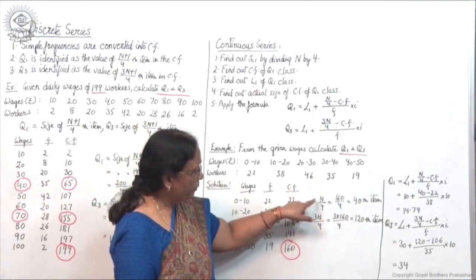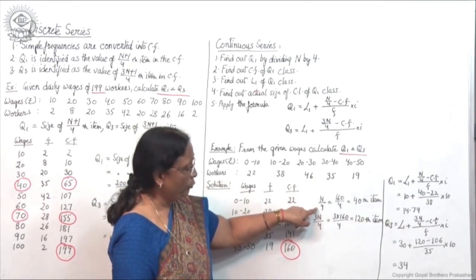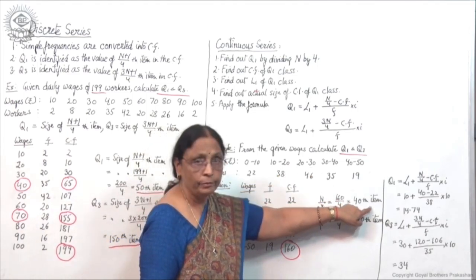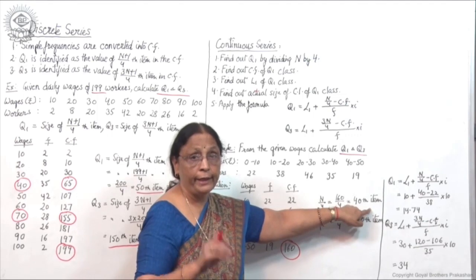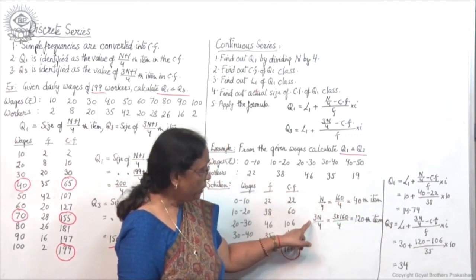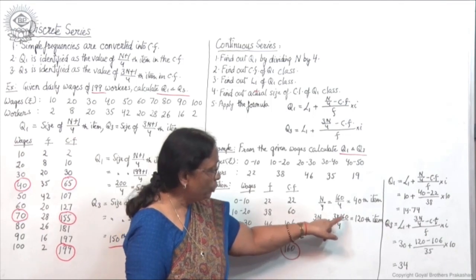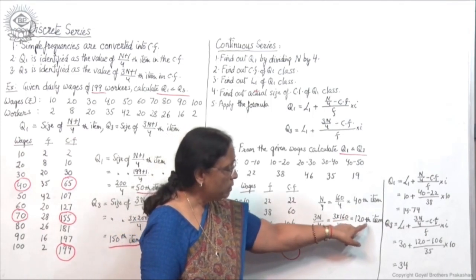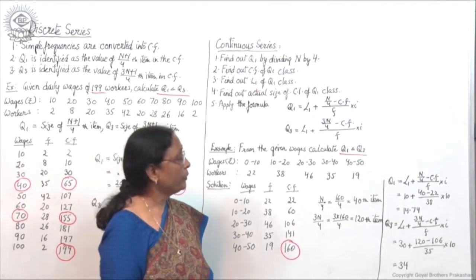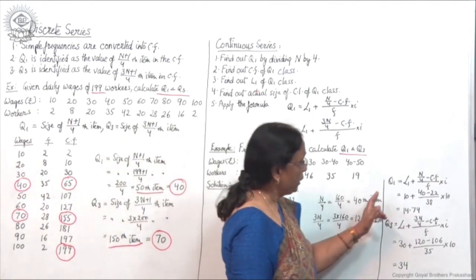Now the next step is to find out n upon 4. So 160 upon 4 is the 40th item. So Q1 is not 40, it is the 40th item, and 3n upon 4 is 3 into 160 upon 4, that is the 120th item. Right. Now for calculating Q1,